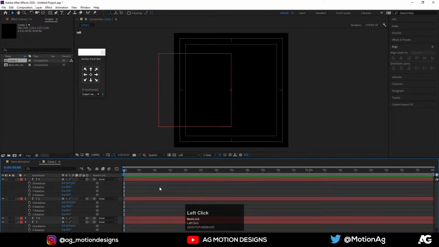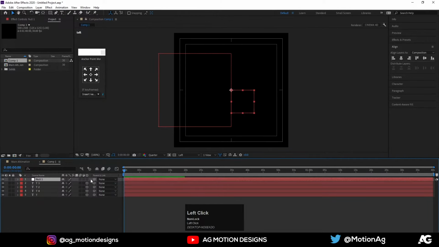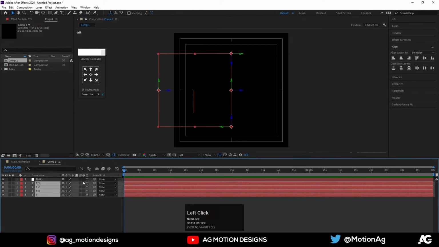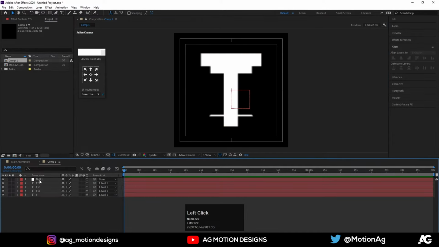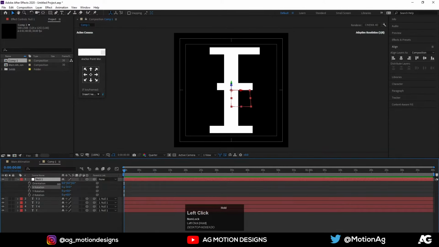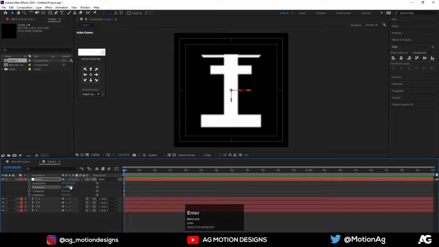Now what I'll do is hit U. I'll create a new null object and also convert that null object into 3D and move this null object over here. Now what we will do is we will parent these text layers to this null object. Now go to this active camera settings. Now first we will rotate this null object -270